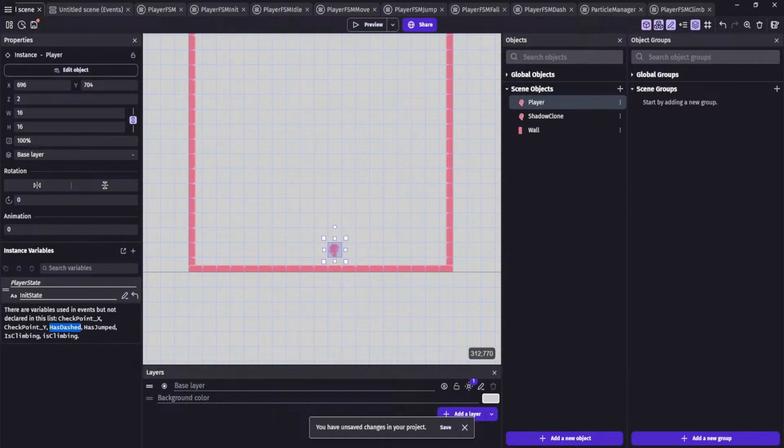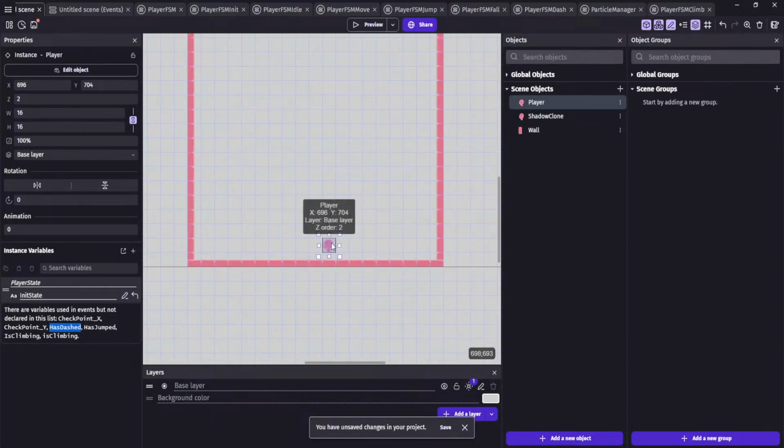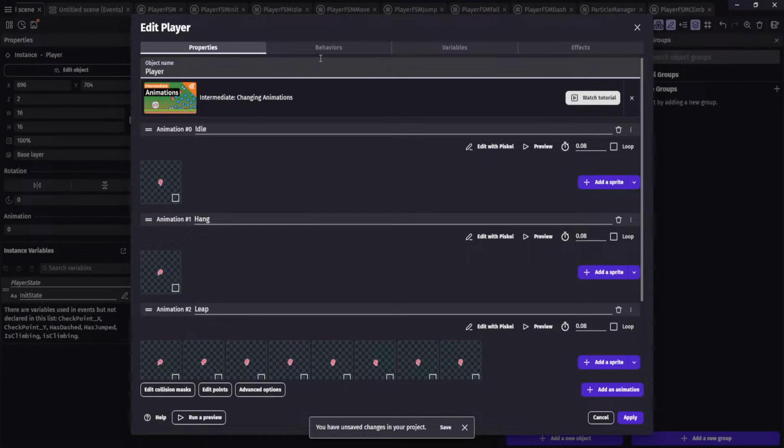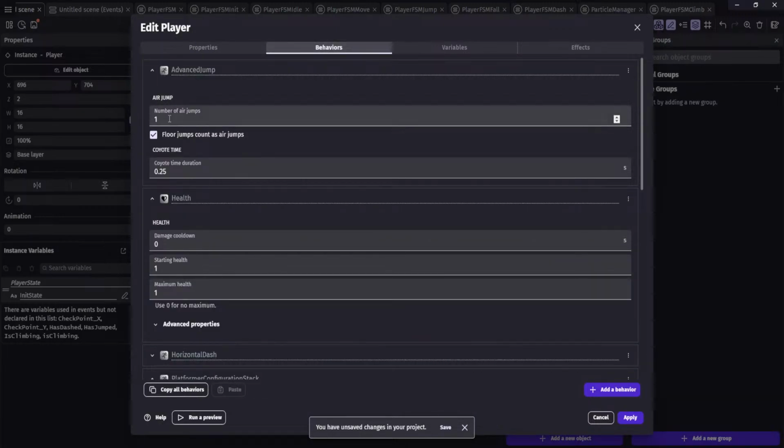All right, give me a second. We're gonna open up our other one. Go back to our player. Objects player. And then behaviors. And okay. So we need to set